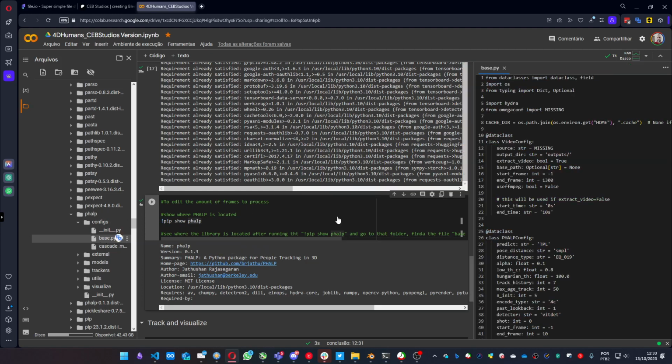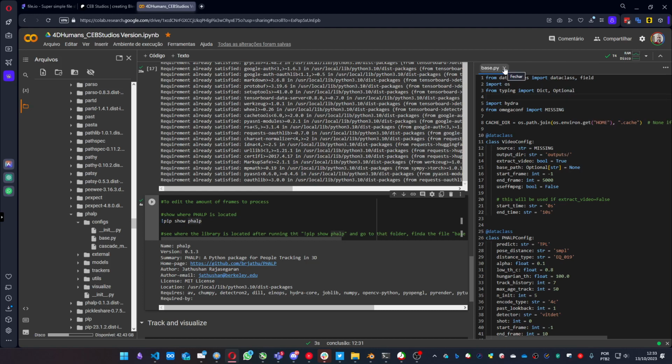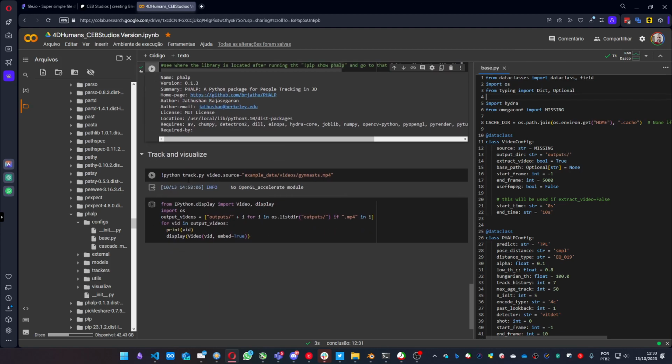You double click on it and it will open on this side. You have the limited frame because of this line 17. If you change it, for example, you have a video with 5,000 frames, you can change this to 5,000 and save it. Oh, it saves automatically. And now you can execute the script to run your file that has more than 1.3